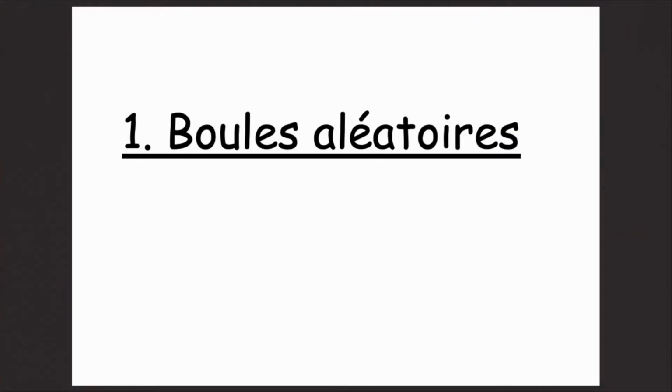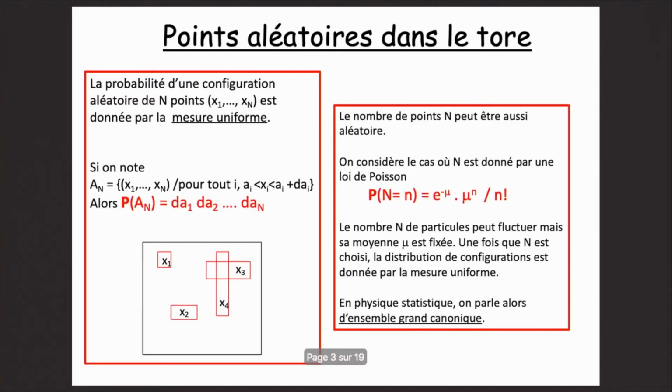Okay, so I will start by talking about random balls. And even simpler, I will start with random points. Here I guess everybody has learned a lot of things about integration, so this one will not be very complicated. The first question is: what is the probability of a random configuration of endpoints? Okay, so you have a domain. You would like to put at random endpoints in this domain and compute the probability measure which is associated